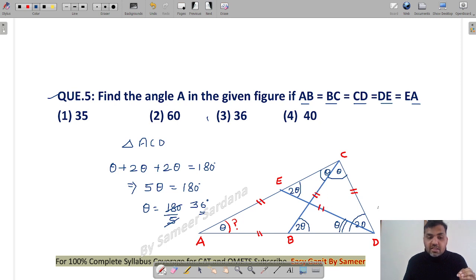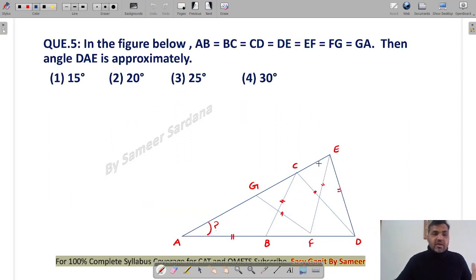And this angle would be the exterior angle of these two angles, so this will be 3 theta, guys, right? If you have to find any other angle, so you see that this whole question is based on two properties. If two sides length are equal, the angle subtended by the third side will also be equal. Or the next is the exterior angle triangle property.